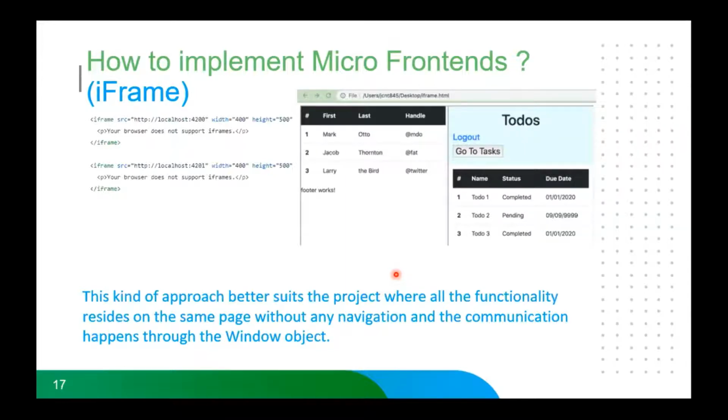Other than that, more than one frame can reside on the same page. We need not focus on the navigation and the communication part. If communication is even needed, we can do it with the help of the window object.